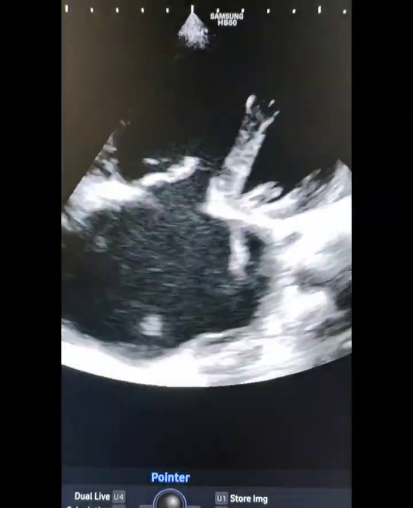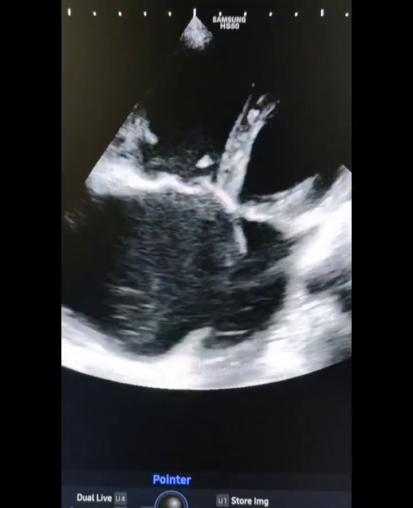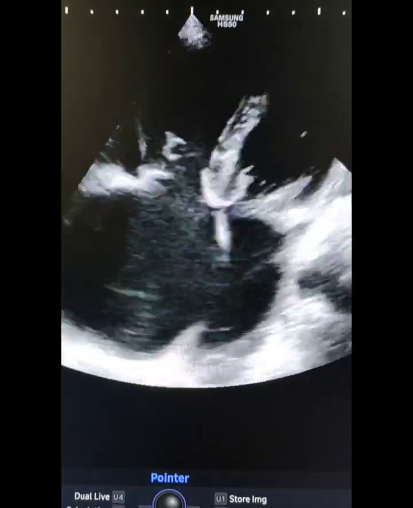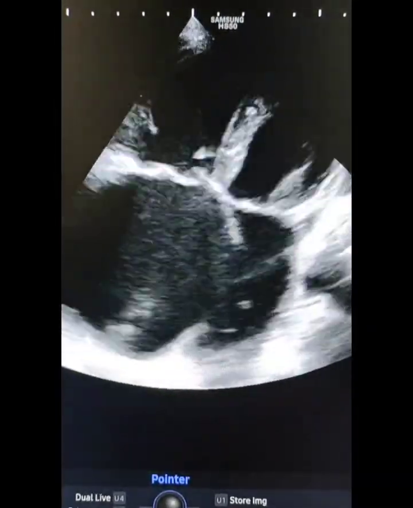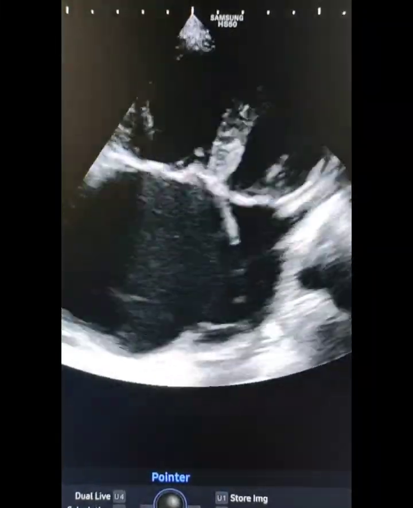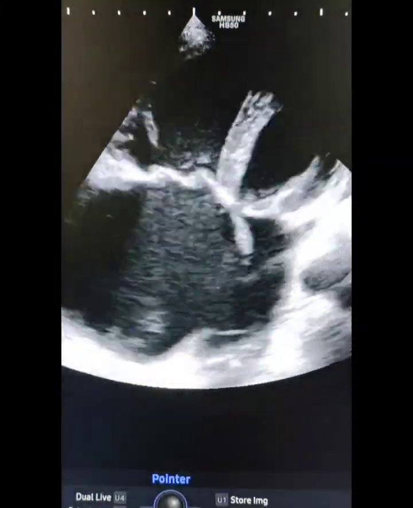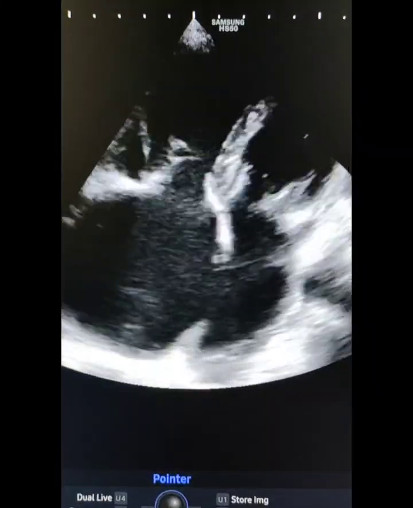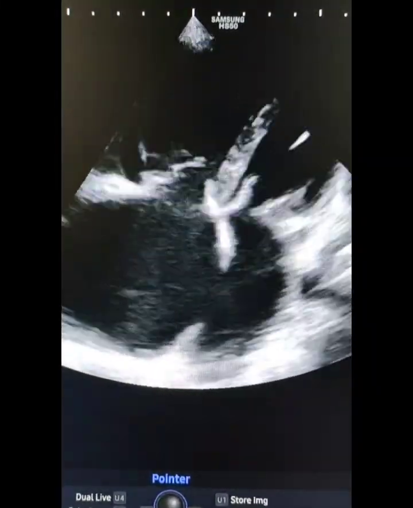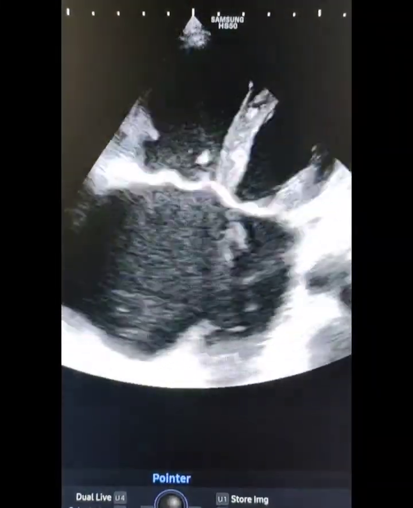So we have started all medications, and we'll do the right heart catheterization study. On echo there was severe PH, so I think there are very minimal chances. So this was a large ostium secundum ASD with